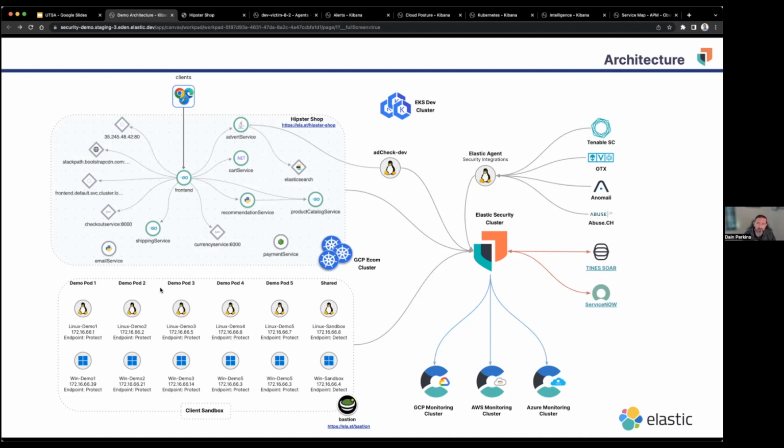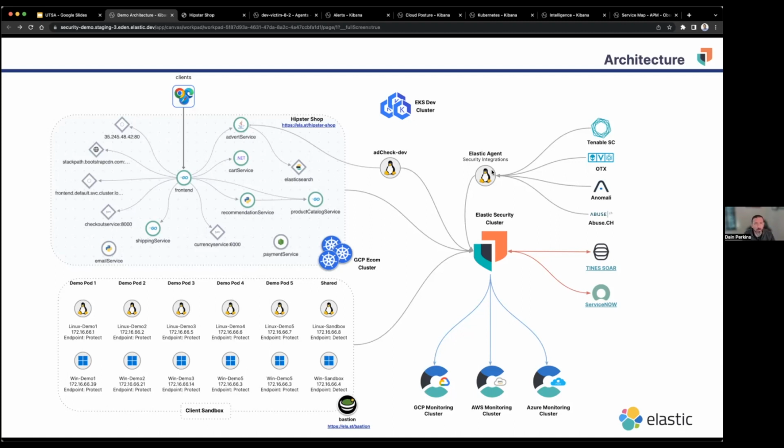We've got a handful of endpoints, Linux boxes, Windows boxes, and a sandboxed environment. I've got a development system here that's a part of our e-commerce environment. We're offering ads, and we had some problems, so we're checking those ads periodically to make sure that our clients are getting what they're paying for.